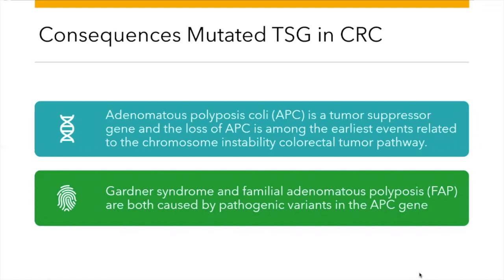Adenomatous polyposis coli, APC, is a tumor suppressor gene, and the loss of APC is among the earliest events related to the chromosome instability colorectal tumor pathway. Gardner syndrome and familial adenomatous polyposis, FAP, are caused by pathogenic variants in the APC gene. Attenuated FAP, AFAP, is a syndrome with fewer adenomas and extraintestinal manifestations due to an APC pathogenic variant at the